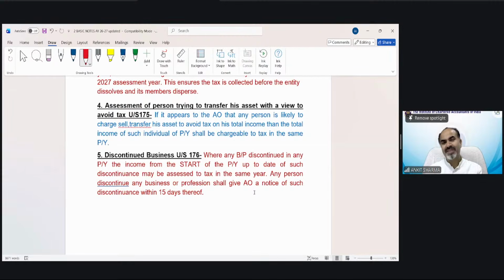So point number 4 says, suppose Mr. A is transferring all his assets like building, land, car, jewelry, etc. Everything he is transferring in the previous year. It is a very rare thing that any person is transferring everything whatever he has in the previous year. Either he is going to buy a new one, but if somebody is not buying anything and just transferring whatever he has, there could be an intention that after transferring everything he could vanish. He could shift anywhere in India, not even going outside India.